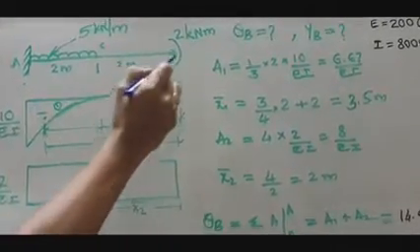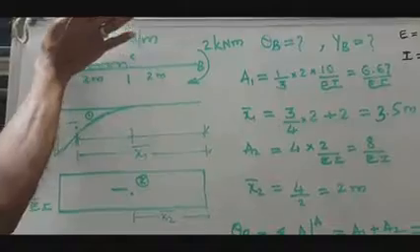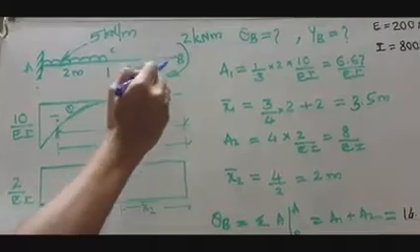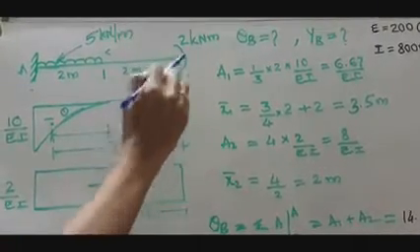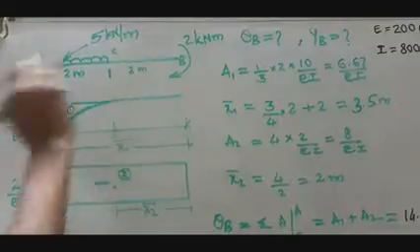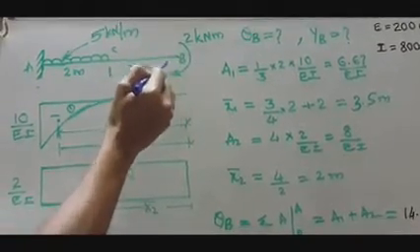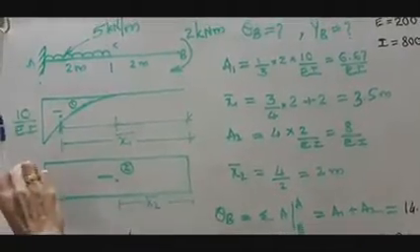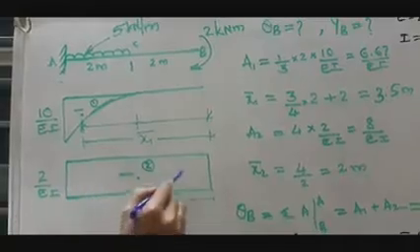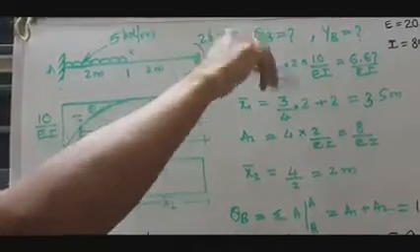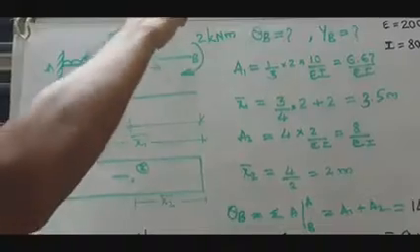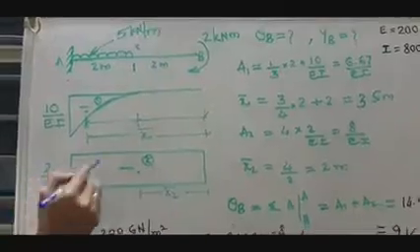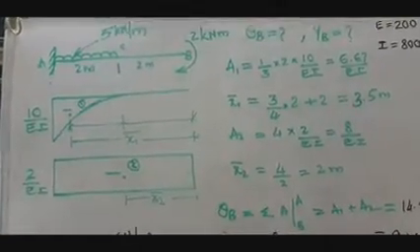So what is the bending moment diagram due to 2 kN meter? At that time you should remove the 5 kN per meter load, only apply the 2 kN meter and draw the bending moment diagram. It will become a rectangle, because the moment due to a moment about any point is the moment itself. At B also 2 kN meter, at C also 2 kN meter, at A also 2 kN meter. It means the moment is uniform throughout this length, hence the diagram will be a rectangle. Again, coming from the right side, anti-clockwise is positive but clockwise is negative, so this is also negative. Now it is 2 kN meter, so the moment will be 2 divided by EI.